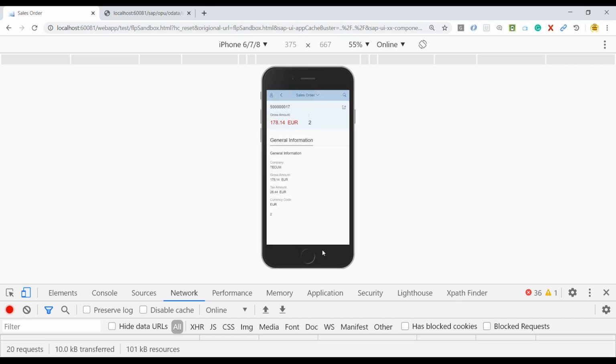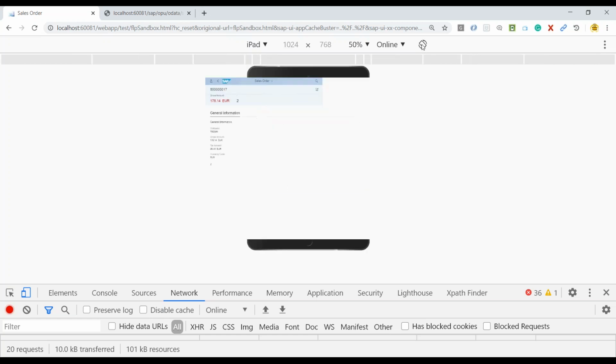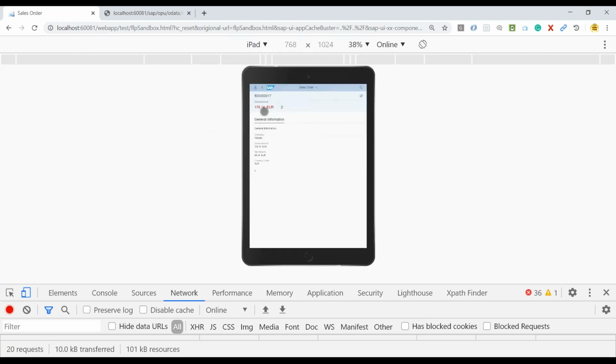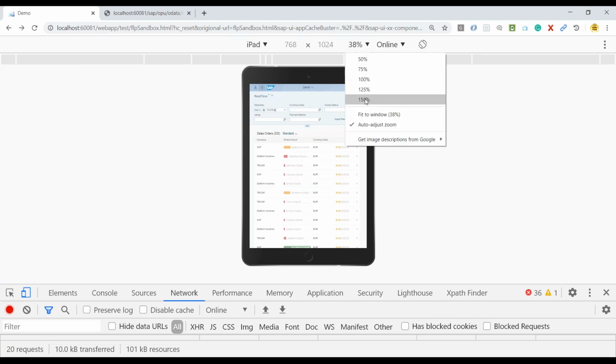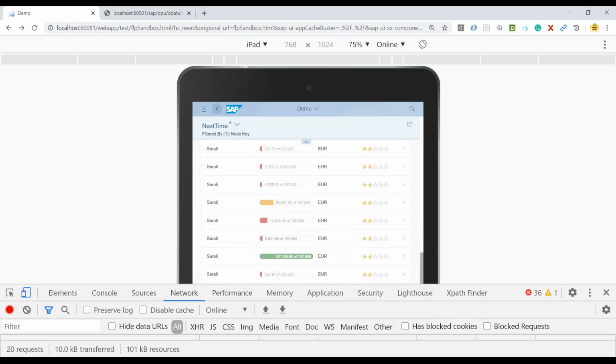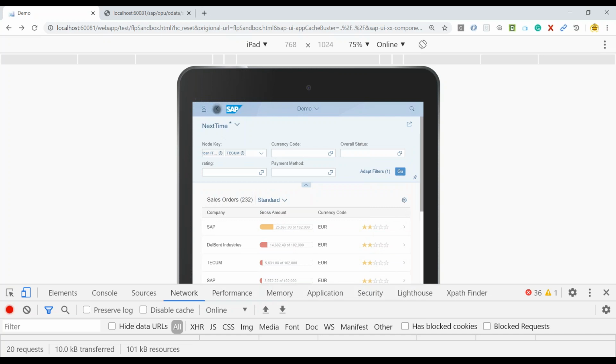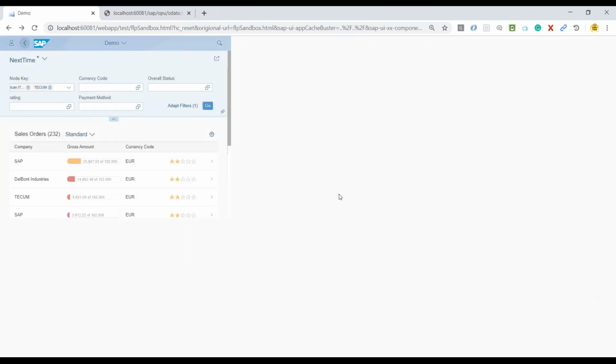I can also tap and I can see all my data in a mobile phone. We can switch over to an iPad view in a landscape mode or in a portrait mode. You can also go back and you can see this is how your entire application is visible to the user in an iPad. So that's the main benefit of using SAP Fiori when it comes to list reports.